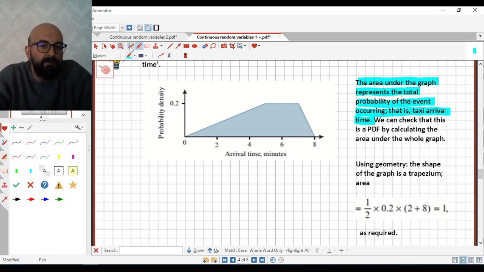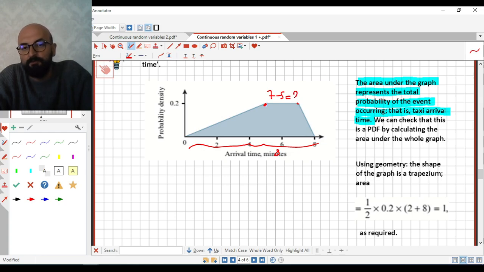If we compute the area under the graph, we have a trapezium. As you know, this distance is 8 and this distance is 7 minus 5, which becomes 2,